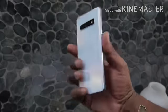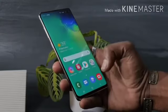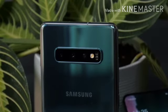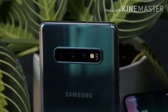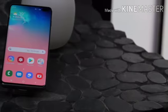The S10 has a 3400 mAh battery, but the S10 Plus gets a beefy 4100 mAh capacity. Sadly, the phones still only support Qualcomm's Quick Charge 2.0 fast charging technology, so it may take a while to juice it back up. Now over to the Galaxy S10e, you're getting many of the same features as the standard